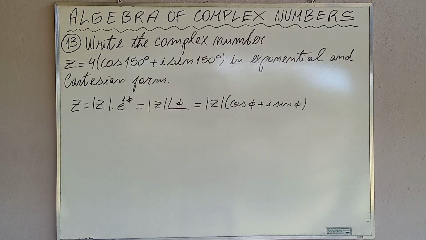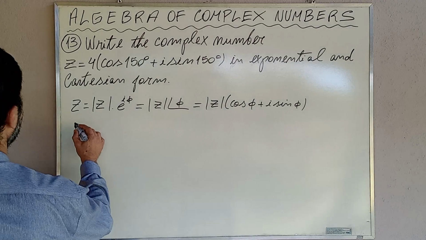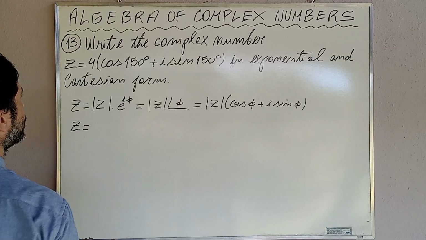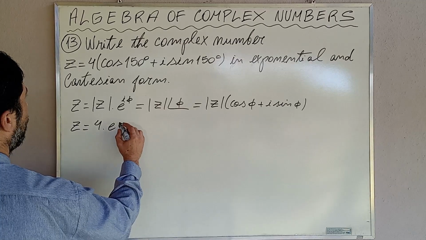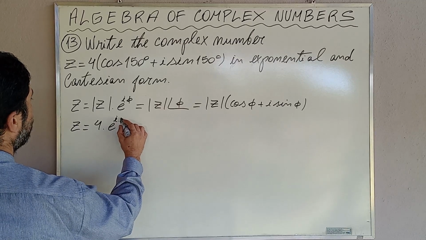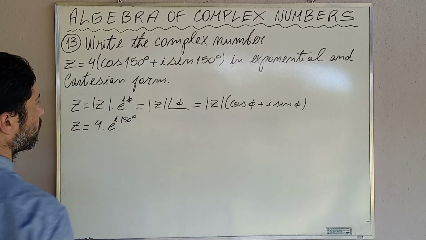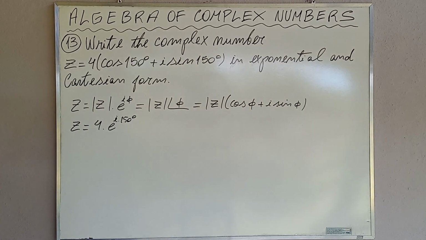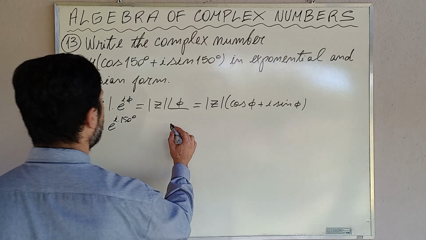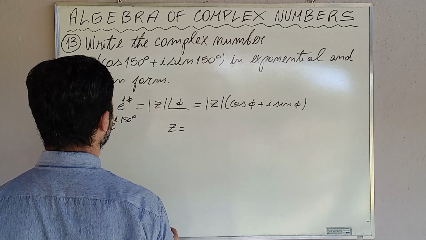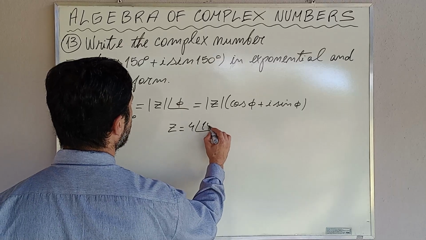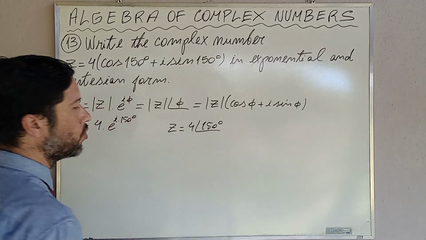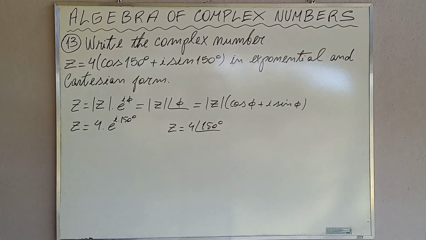Thus, the exponential form is z equals the magnitude 4 times e raised to the power of i times 150 degrees. How about the polar form? The polar form is z equals the magnitude 4 at the angle 150 degrees. To convert it to Cartesian, we have to know that the cosine